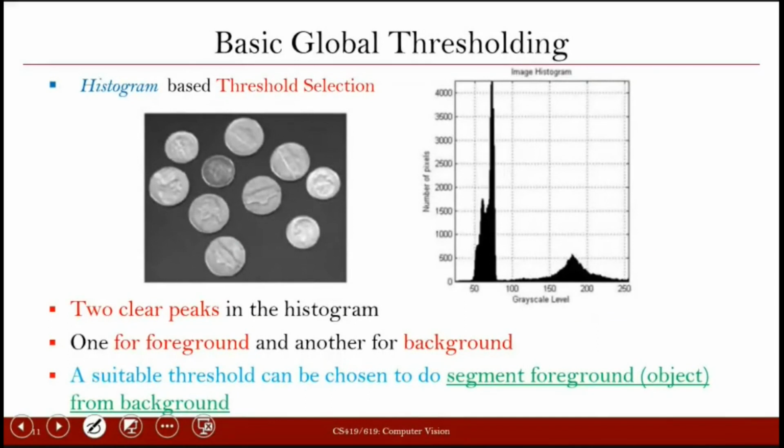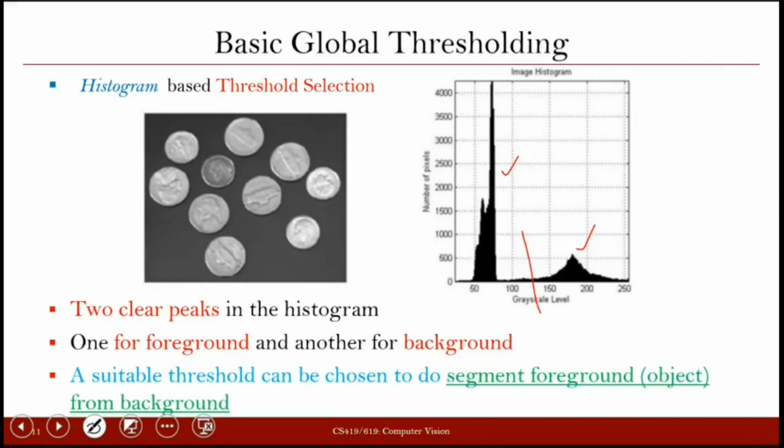In the case of thresholding, correct segmentation is only possible when we have very clear-cut peaks in the histogram. If you see the histogram of this image, there are two peaks, one here and another here. This basically says that there are two types of intensities present in the image. So if we have very clear-cut distinctions among the intensities, then we can put a suitable threshold, let's say somewhere here, and perform the segmentation.